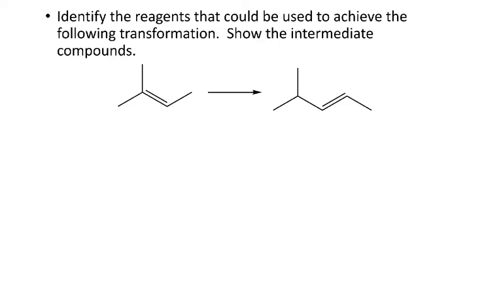So in order to do that, if I wanted to do the terminal alkylation, I need to have an alkyne. So if I had an alkyne here, we could then add a methyl group to it. And so to get from the previous compound, if it's going to be an alkyne, I have a trans alkene. And so we know to go from an alkyne to a trans alkene is going to be dissolving metal reduction. So if I go backwards, use sodium and ammonia, the reactant would have been